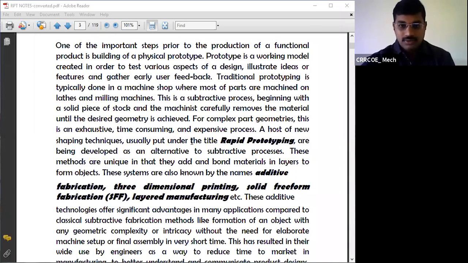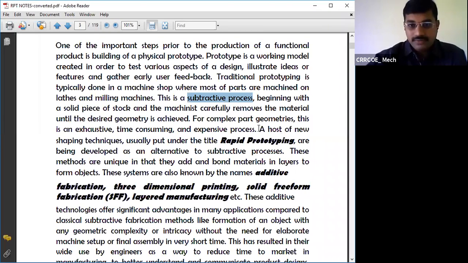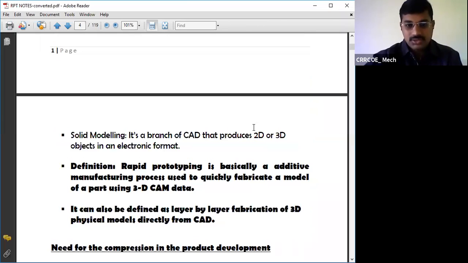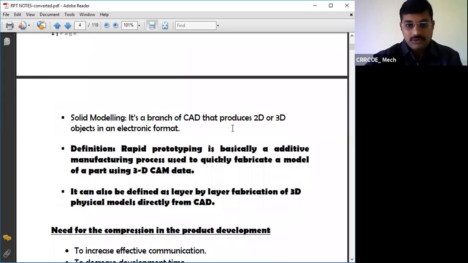That means, again, what is the advantage behind additive manufacturing or rapid prototyping rather than the separative process? In separative manufacturing processes, we have wastage of material, mainly to minimize the wastage of the material. So we are going for the additive manufacturing process. All these things I have given in the introduction. Now I am going to discuss the content included in these particular notes.